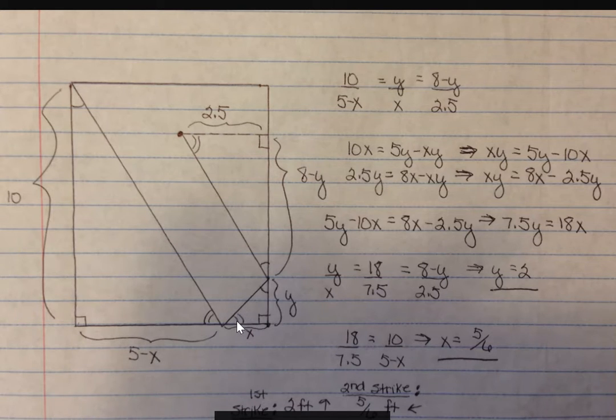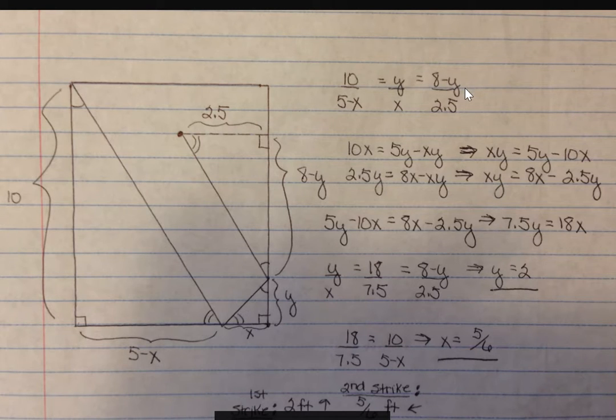This is the angle of incidence, and now this is the angle of reflection for the second strike. This is also a right triangle, and therefore the third angle of this third triangle is equal to the third angles of the other two triangles, and so all three triangles are similar. So I used the proportion of the lengths of the legs of each of the right triangles to create